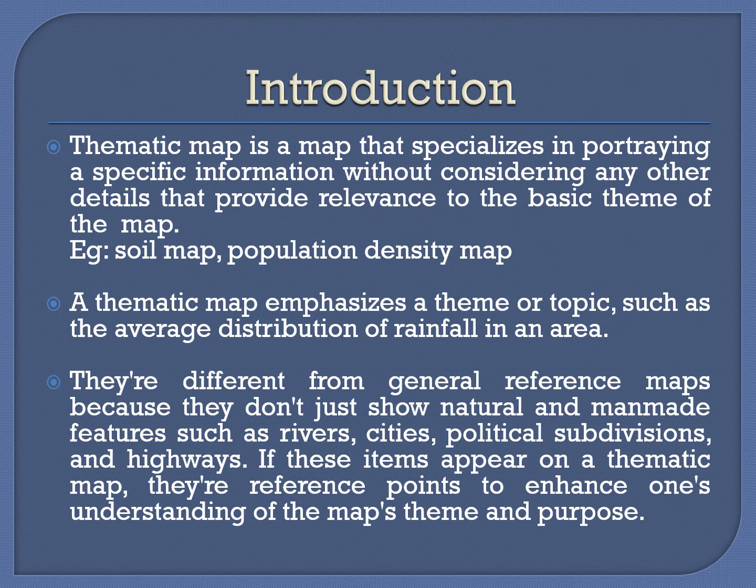You can take the example like a soil map. In a soil map, you might have seen that we are able to see or view only the distribution of different types of soil. Or take the case of a population map. In a population map, we will be able to see the distribution of population or a density of population.